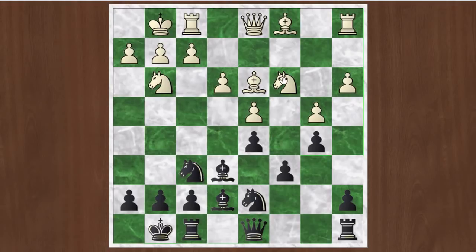Let's see, it's white's turn here. White starts migrating this knight over to the king side. It's heading for the f4 square. And black has an idea for this knight and starts migrating it over to the queen side. I should mention the downside of this formation is that it does leave this c-pawn a bit backwards, and so you do have to take care when playing this way, and it's just interesting to watch how Wang Hao handled